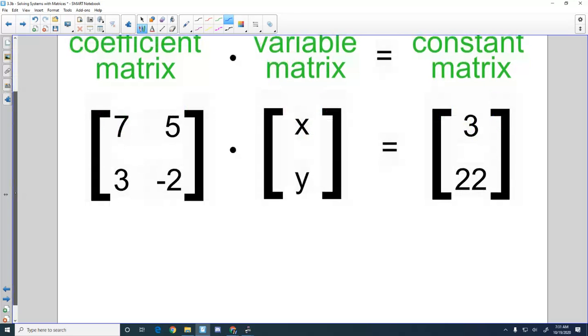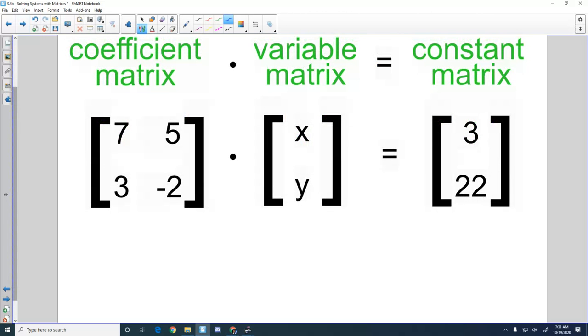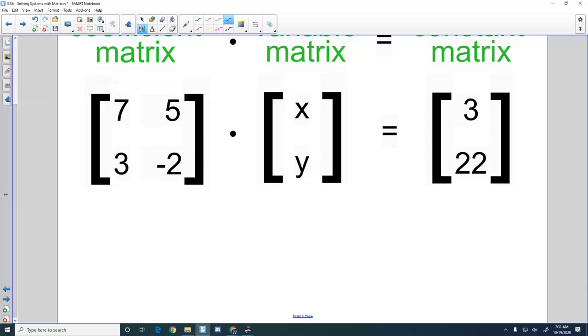Now, I know you're all probably wondering, Mr. Wojcik, why do we set it up this way? That seems totally weird. It doesn't look like an equation. But check this out, this is actually kind of cool. I know, you're like, math, cool, come on, get real. But watch this. If I were to multiply these, which we're not, because ultimately our goal to solve an equation is to figure out what the variables should be. But if we did multiply these together, rows times columns, the first with the first, second with the second,